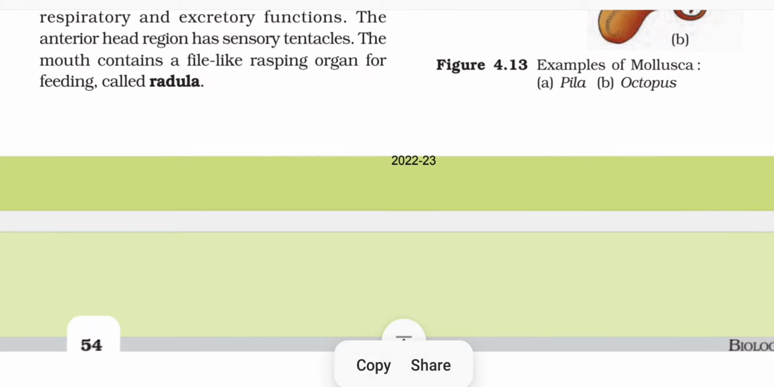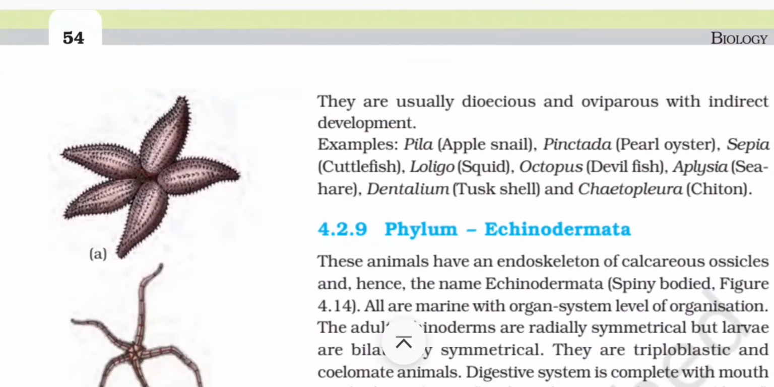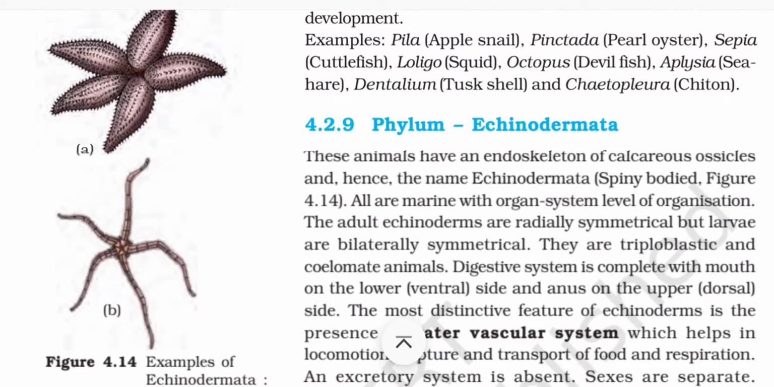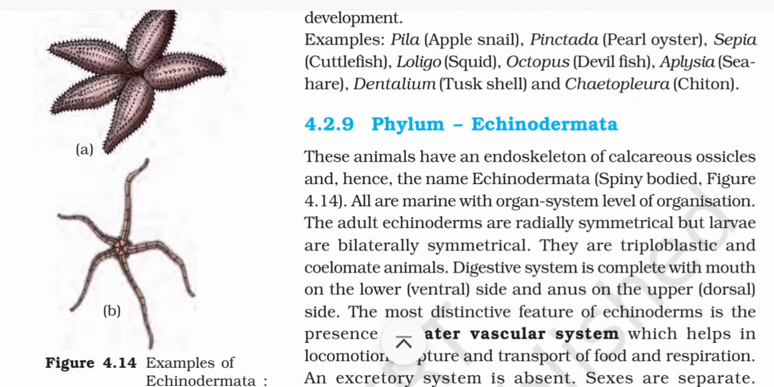The anterior head region has sensory tentacles. The mouth contains a file-like rasping organ for feeding called radula. They are usually dioecious and oviparous with indirect development. Examples: Pila apple snail, Pinctada pearl oyster, Sepia cuttlefish, Loligo squid, Octopus devilfish, Aplysia sea hare, Dentalium duckshell, and Chaetopleura